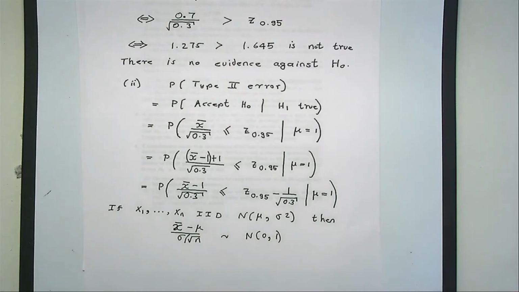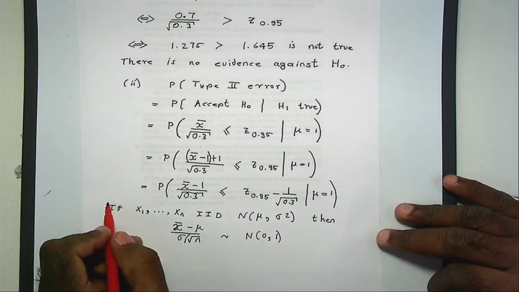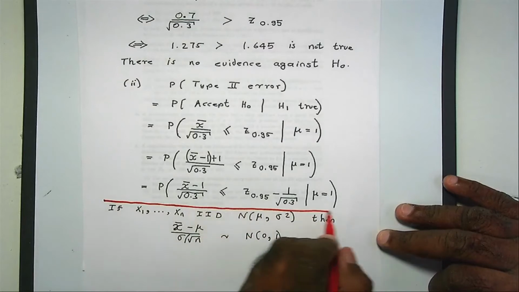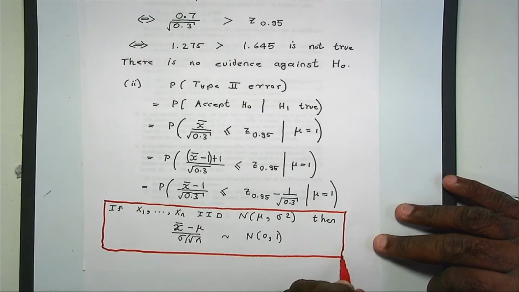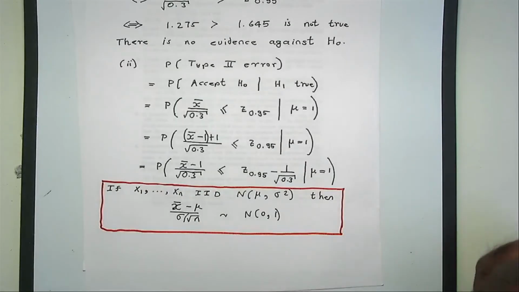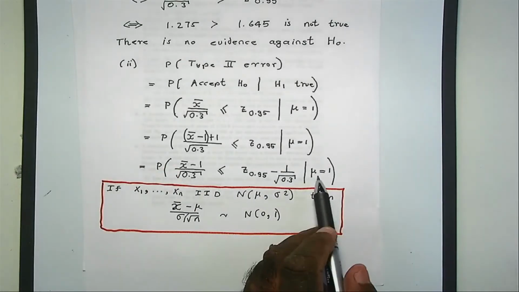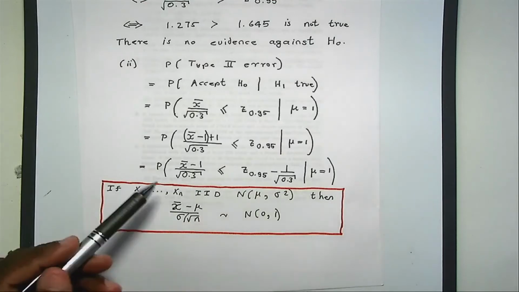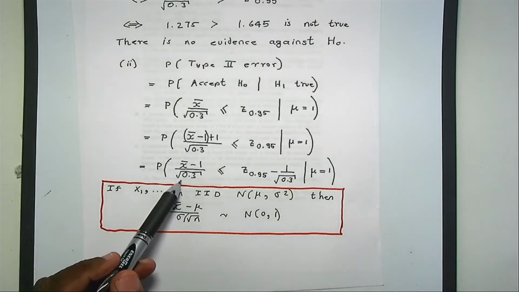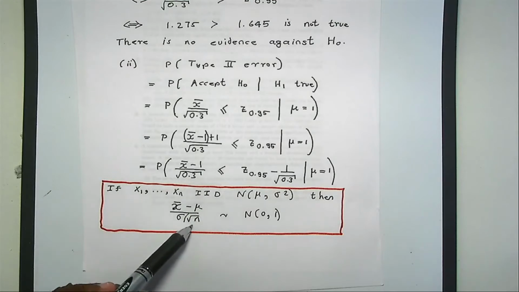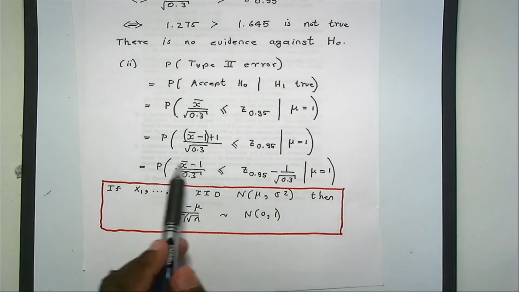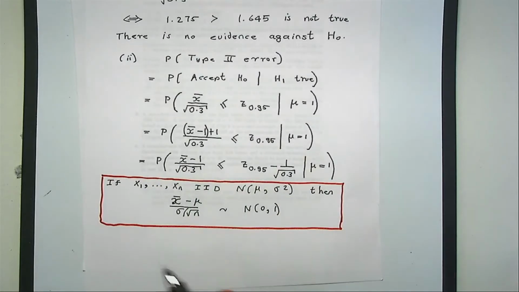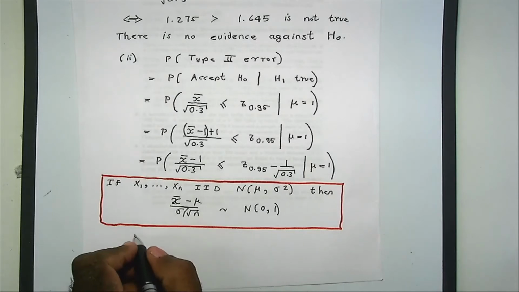This is a property I mentioned. Okay, so here I'm going to use this in this step, because we are told that the true population mean is 1. So what you have here is x bar minus mu divided by root of 0.3, which is sigma by root of n, right? So this, because we are conditioning on this, must have a standard normal distribution, right? So using this property,